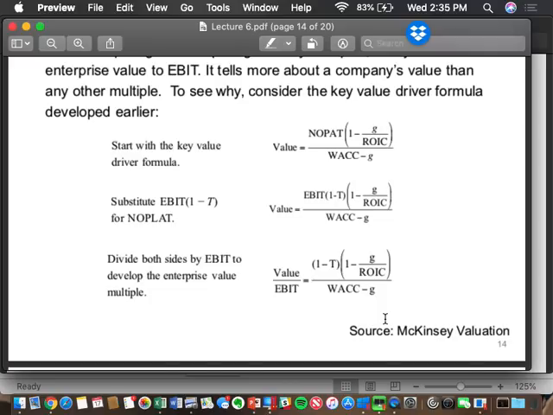So here's the deal. We can go into the real world and observe an EV to EBIT multiple for Boeing today, which we're going to do in just a minute. We have a pretty good sense of what Boeing's tax rate should be going forward. We got guidance from the company itself. We have a pretty good sense of what the WACC is, because with a target capital structure, generally the WACC should be representative of the future based on today. And finally, we have a pretty good sense of their operating ROIC. So if we know those 3 variables and we know the enterprise value to EBIT, we can solve for a